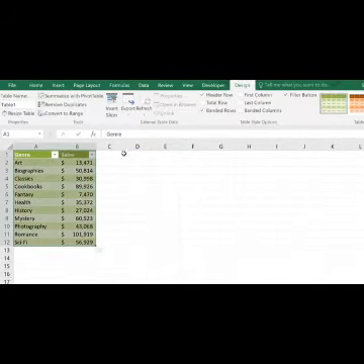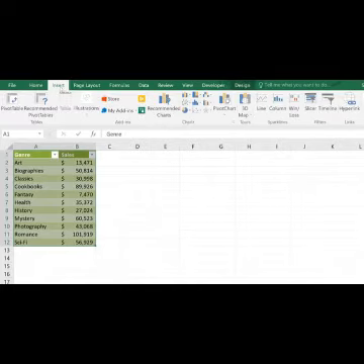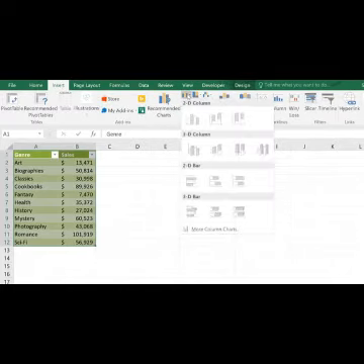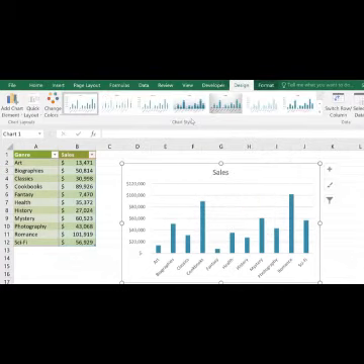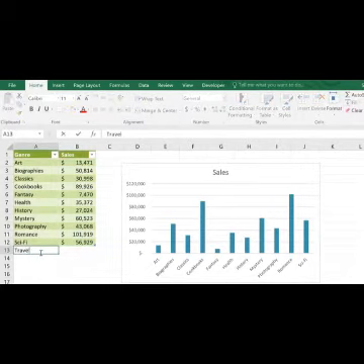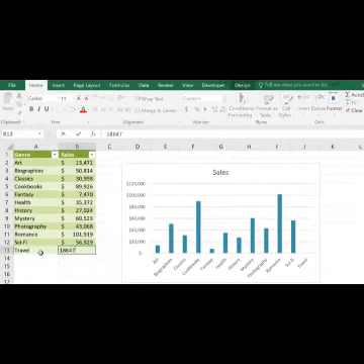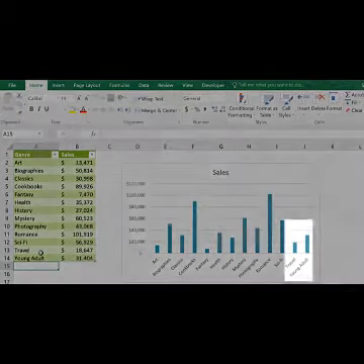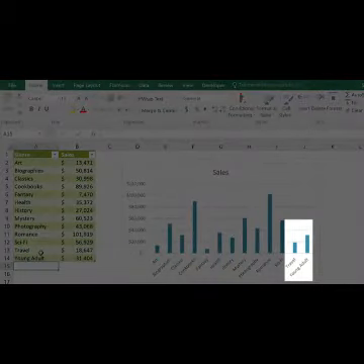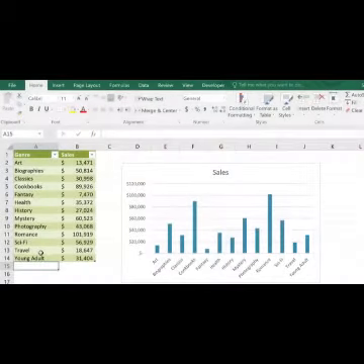With the table still selected, we'll go to the Insert tab and choose a chart type. And I'm going to go with a column chart. Now, if we add more data just below the table, it gets automatically looped into the table. And we know that it's part of the table because it's adding the table formatting to each new row. Best of all, since our chart is connected to this table, the new rows are added to the chart as well. So this chart will always stay up to date no matter how much data we add.